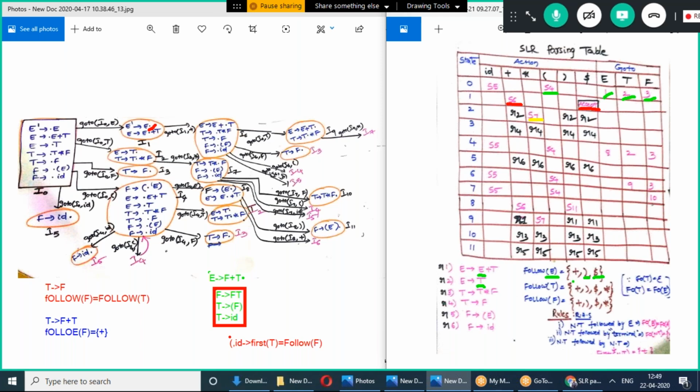Okay, now these are the follows, and come to this picture, where the productions are the final set of items. In I0, is there any production which has a dot at the end? Obviously no production, because we just added the dot at the left part of the right hand side of the production. So there is no production which is a final item.